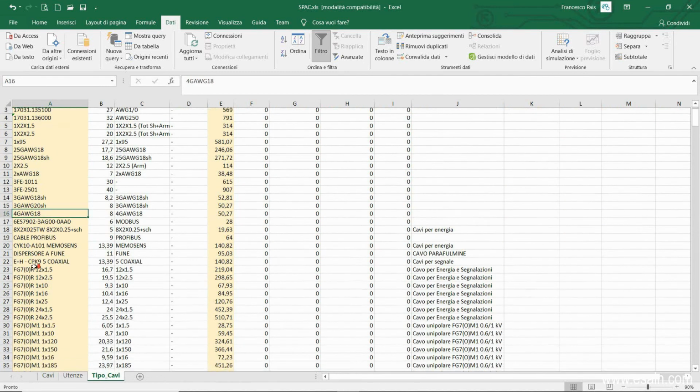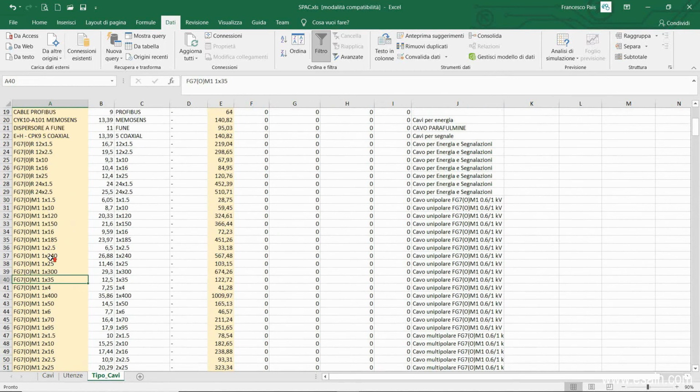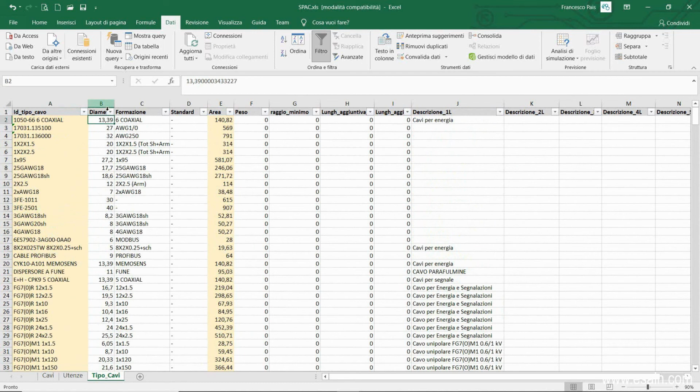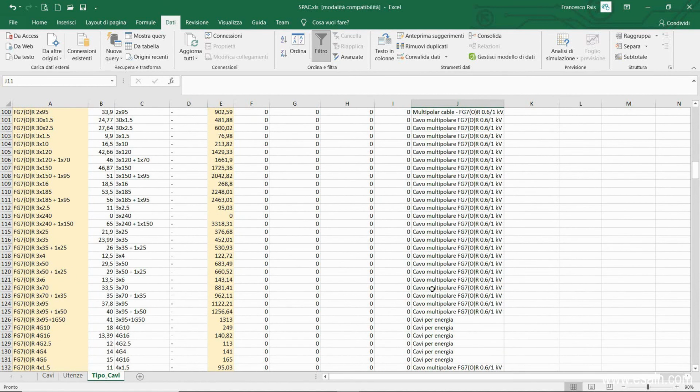The last sheet contains a table of commercial cables. In the first column we have the commercial name, here we have the dimensions, then the outer diameter, the composition. But most importantly, in column E we have the section area, in practice the square millimeters that the cable takes up inside the cable tray. Here we have the additional fields, weight per meter and minimum bending radius. By specifying this last field, it's possible to constrain the software so that the cable is not overbent. In the last column, we have a description with the function of the cable.